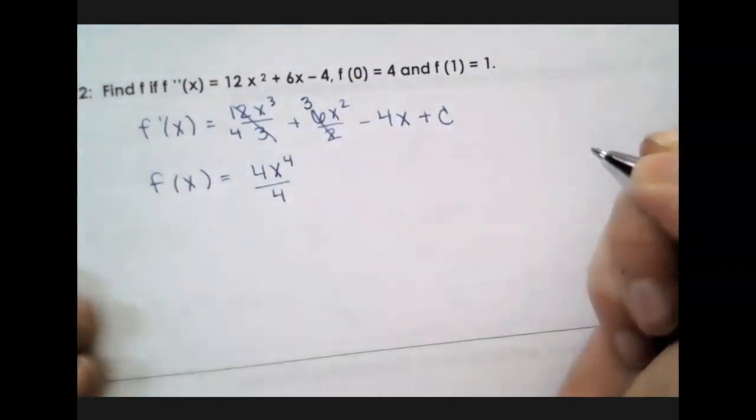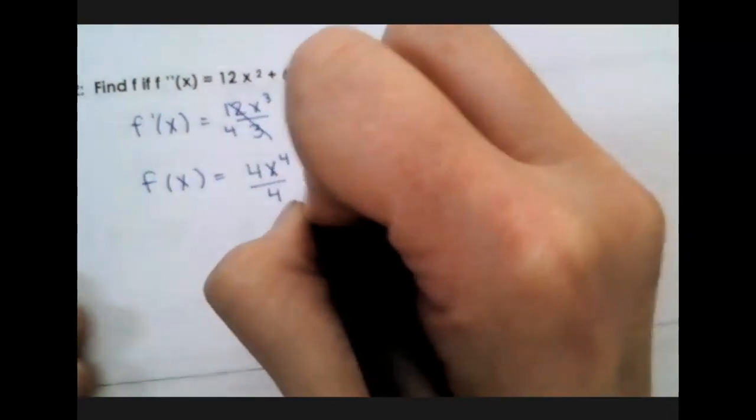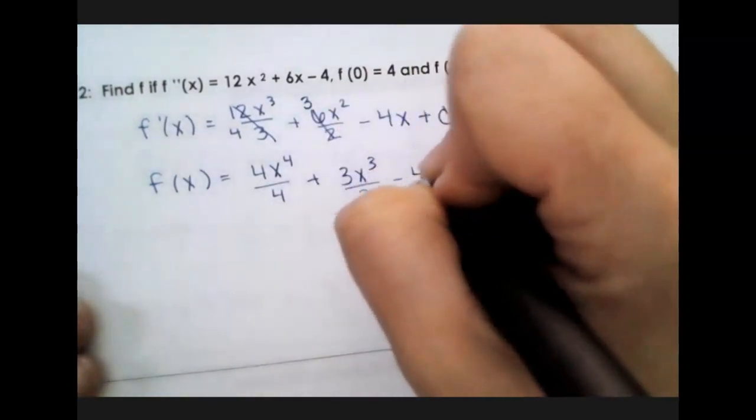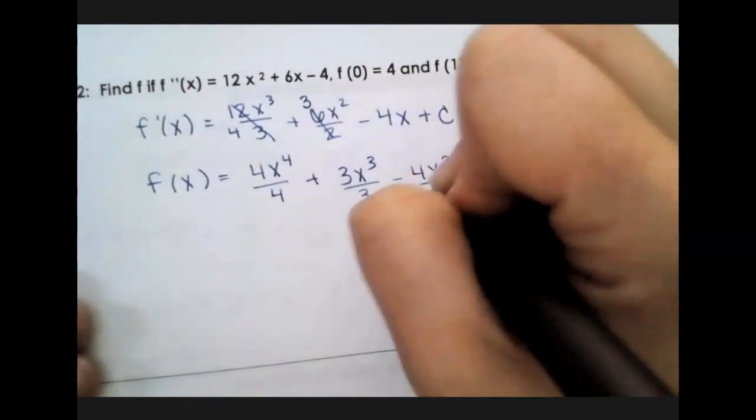So that became a 4 on that property because 12 divided by 3 is 4. 6 divided by 2 is 3. So we get 4x to the 4th over 4 plus 3x cubed over 3 minus 4x squared over 2